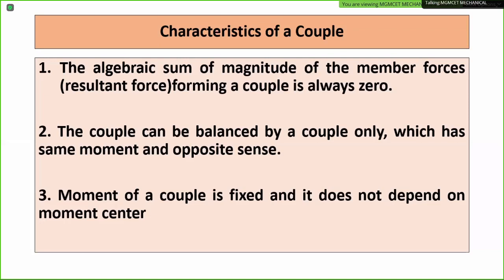तो वहाँ उसको कहीं पे भी consider कर दो. Suppose a 30 Newton meter couple is given which is acting on a body at a certain point. So that you can shift anywhere. Only it is causing a rotation, clockwise rotation. Okay. So in other words, it is also called a free vector. It can be considered acting at any point on the body. These are some characteristics of the couple here.